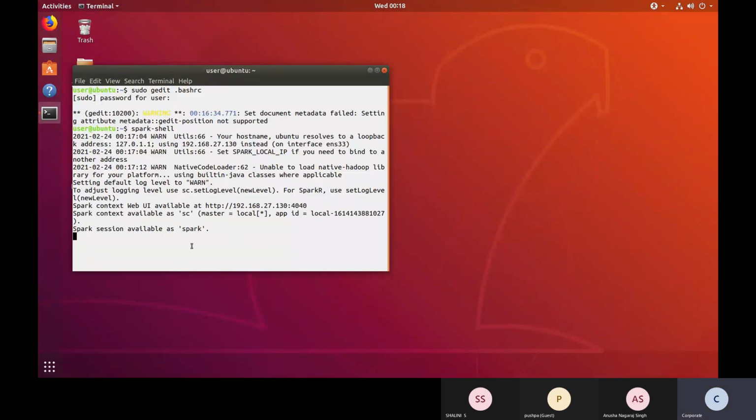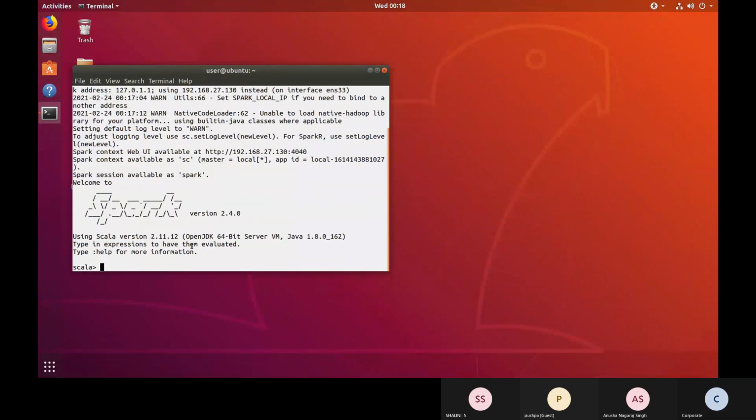Okay, it's taking time to initiate. See that Scala is coming on the terminal.